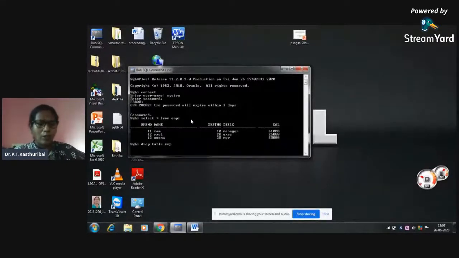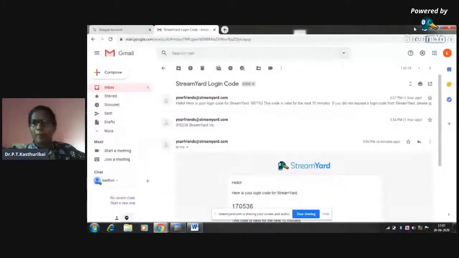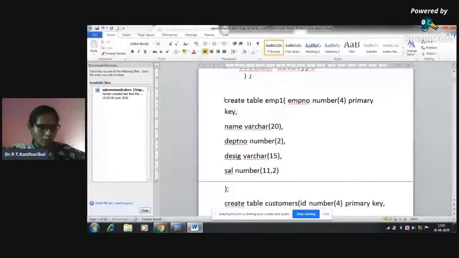I have to give drop table, table name, EMP. Or else I can create a table with the name employee 1.